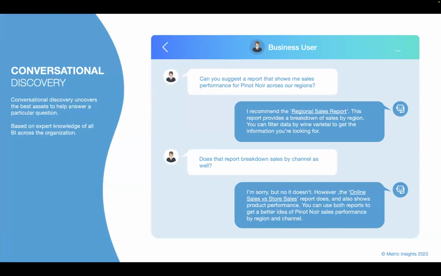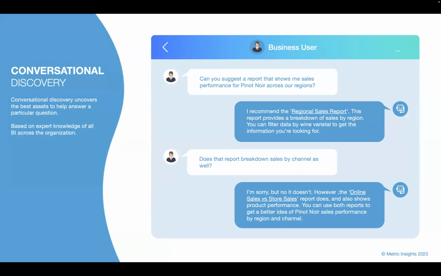Now, as Marius said, the key concept in all of this is, if you think of those conversations with analysts today, it's never a one question, one answer, done sort of conversation. It's always drilling to the next level of detail until you get to the answers you need. And so it needs to be a concierge-like, conversational experience, where if I ask a particular question and the concierge comes back with an answer, either it asking me clarifying questions or me refining what I'm looking for can happen in this back and forth way until we get to a recommended report that is going to work,